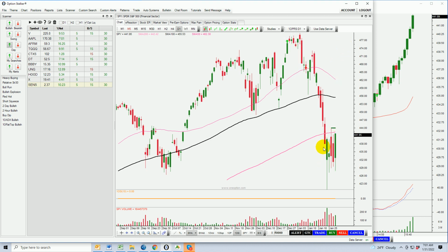This is a big sell-off. We've breached major moving averages. These are major support levels. It's been a very long time since we have consistently closed below the 200-day moving average. That's a sign that the character of the market's changing. There is some uncertainty out there. So yes, we can expect aftershocks, we can expect retests,